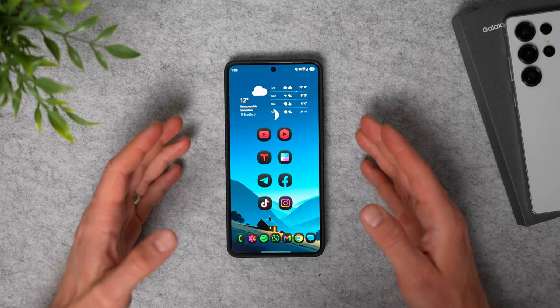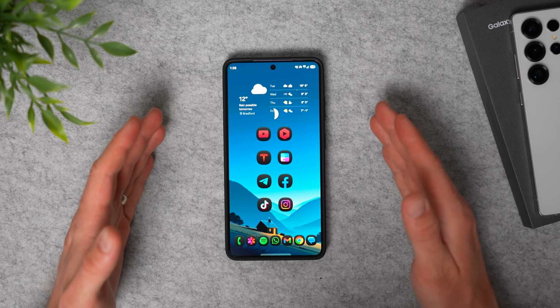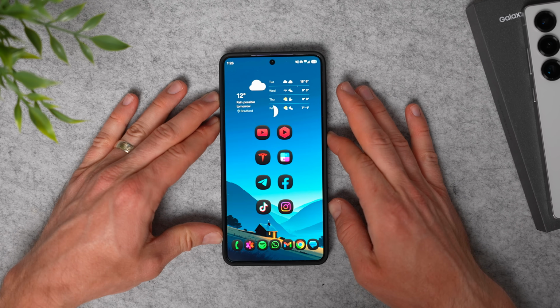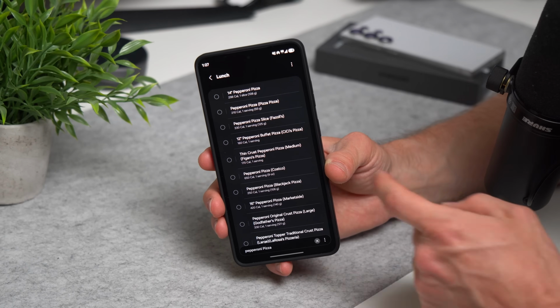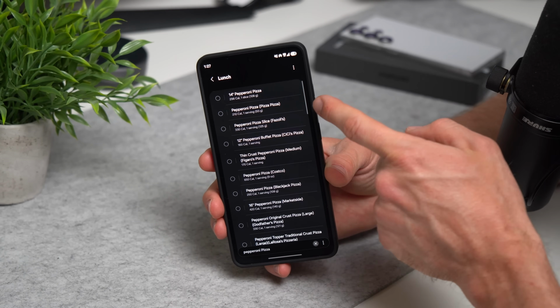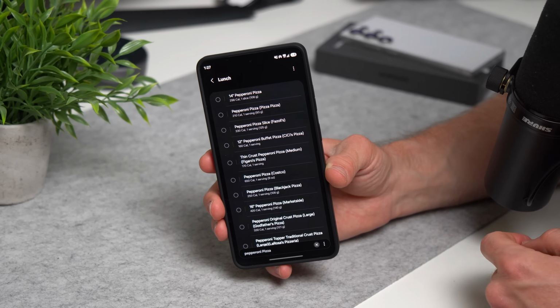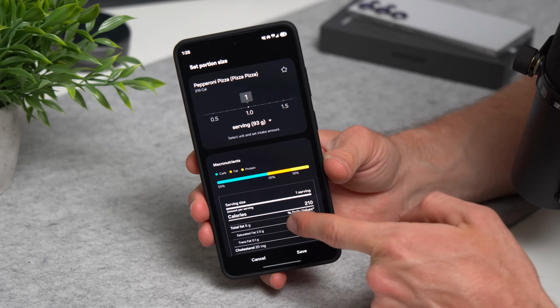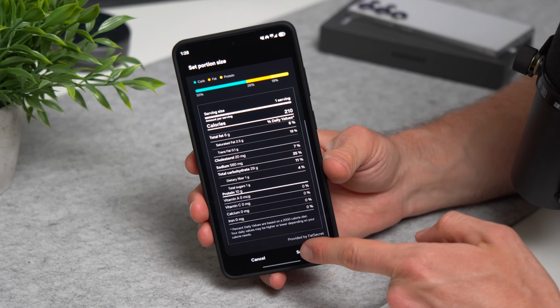Another really cool thing you can do is, let's say maybe you're dieting or you're tracking your calories and you just ate a pepperoni pizza. Well, you can tell Bixby, I just had a pepperoni pizza. And you can see Bixby will bring up the Samsung Health app with all of the food logs of pizza. So you can go ahead and select whichever one you had. And it will even break it down by serving, the calories, the macros, and allow you to save it to